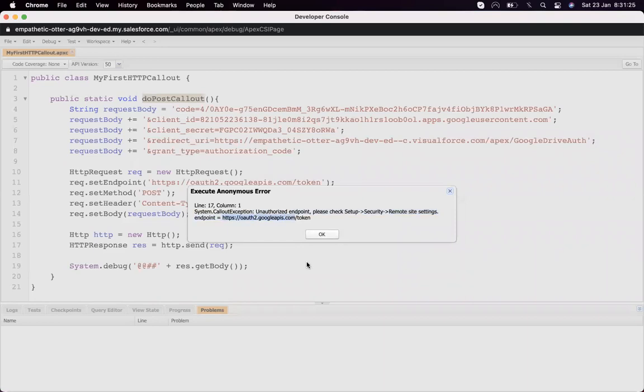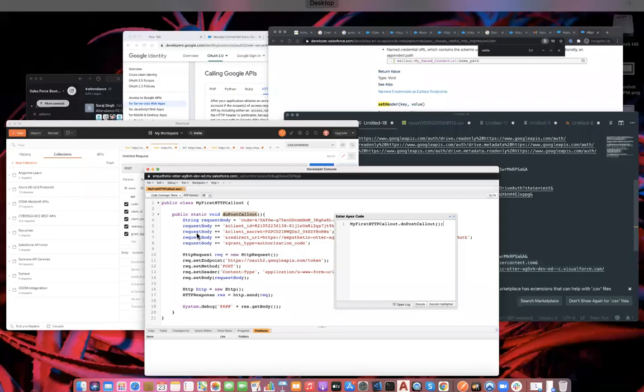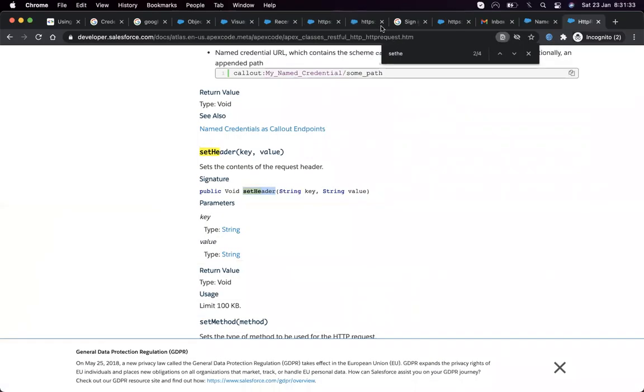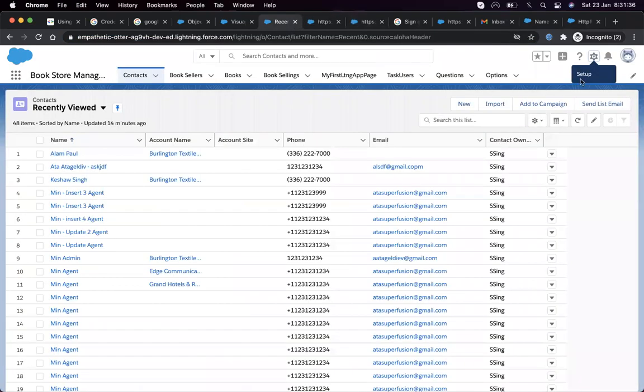So let's copy it. It's a security issue that Salesforce throws: whenever we are making a request to any third-party server, we need to add it into the remote site setting.